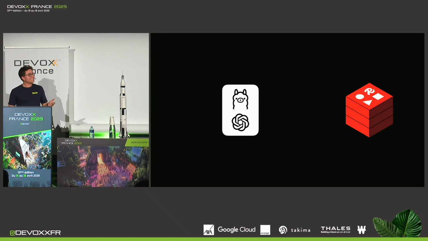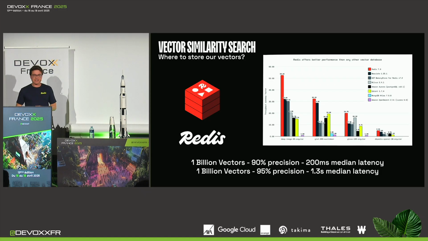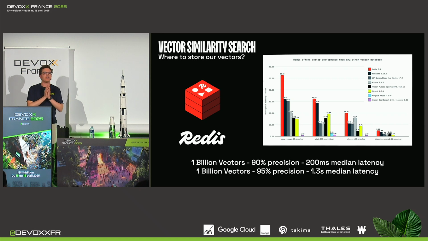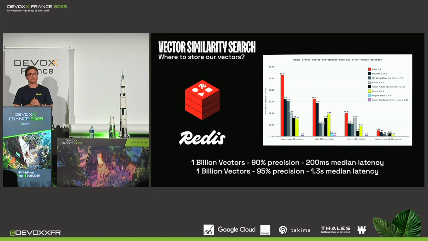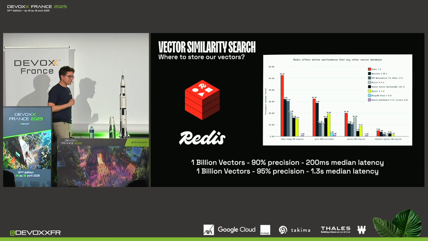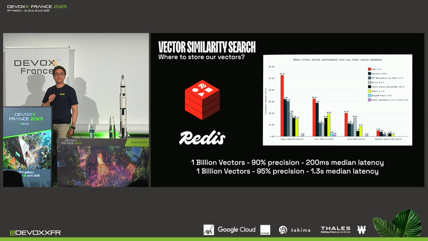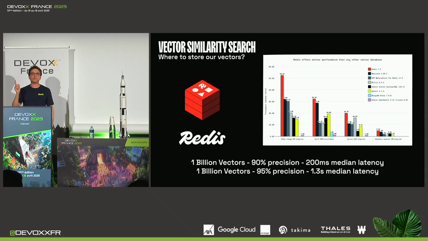And yes, that's the vector database we're going to be using today. We're going to be using Redis for a variety of reasons. The first one is because it's the fastest vector database out there nowadays, according to our benchmarks. We compared Redis to the most popular vector databases out there, and it's not only the one that offers the lowest latency, but also the one that offers the highest throughput, because Redis can scale to 1 billion vectors